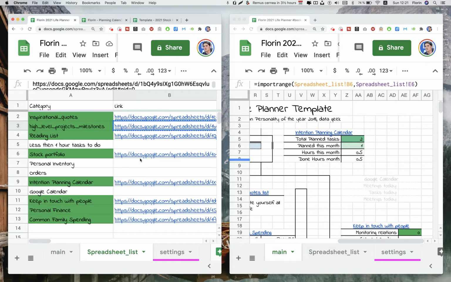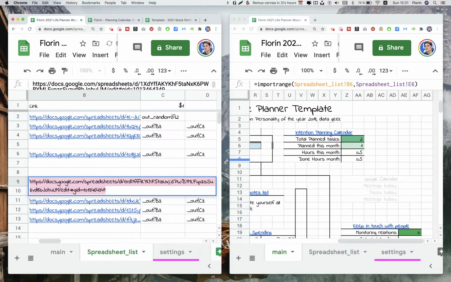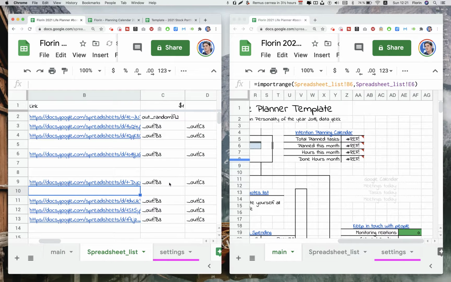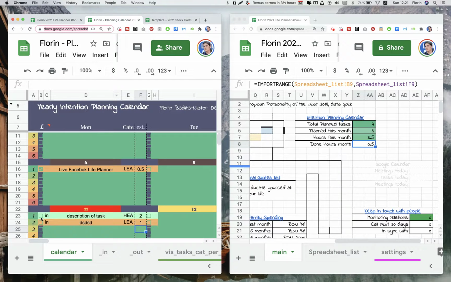So this is the personal one, intention planning. We also modified the link. And now intention planning needs to be reconnected with the new file, and we can see I have 4 planned tasks. 3 this month will happen, estimated 3.5 hours, and I've done 0.5 hours. And if I go to plan calendar and let's say this is done, then in like 5-10 seconds